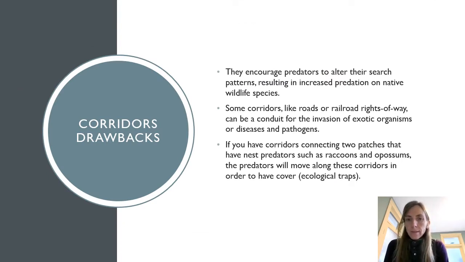So we've talked about these concepts already, but I want you guys to just keep in mind the potential drawbacks of corridors, the impacts of edge effect that we see for some species, that we often have predators concentrate at those ecotones within a corridor. That ratio of edge to interior habitat imposes a risk to many organisms. And then of course the concept we've already talked about, that some corridors like roads or railroads can be conduits for invasive species and also can be outright barriers for genetic exchange.